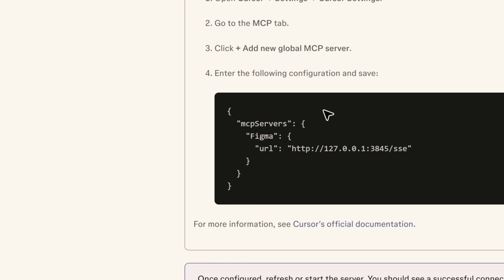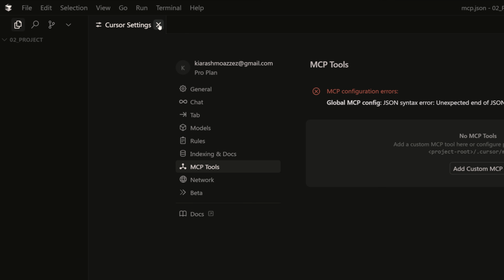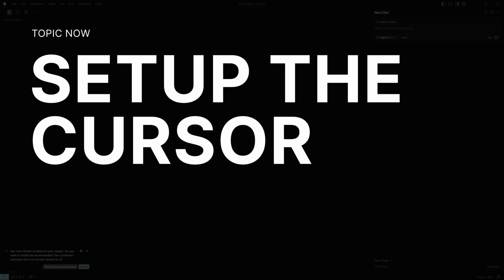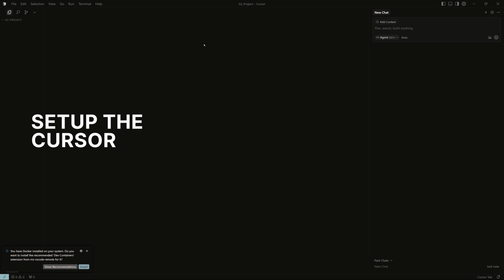and let's get back to our Cursor. This is the Cursor user interface. I close the settings. You can of course find the link to the Cursor website in the description of this video. Click on that, go download your version. Again, make sure that you have the latest update.